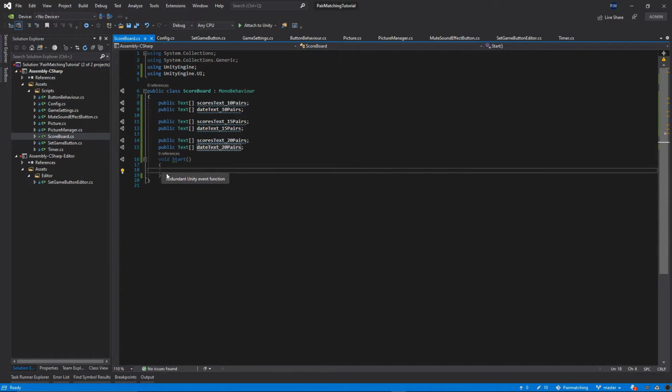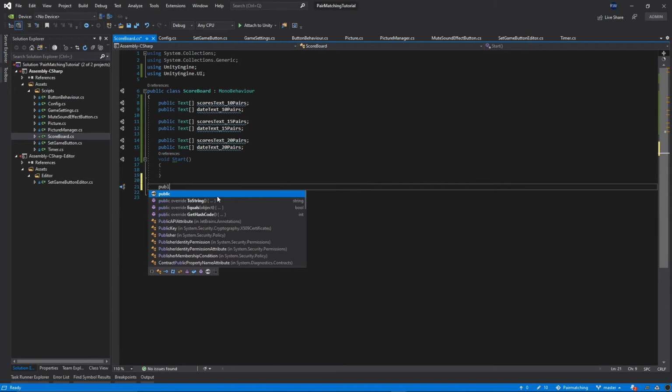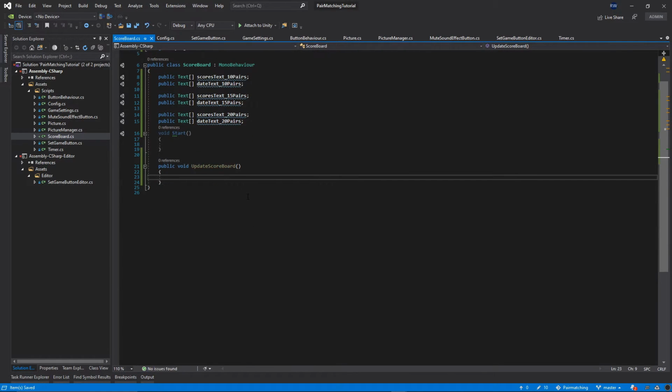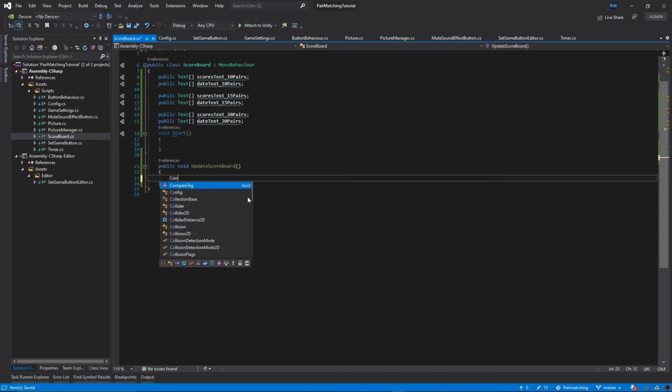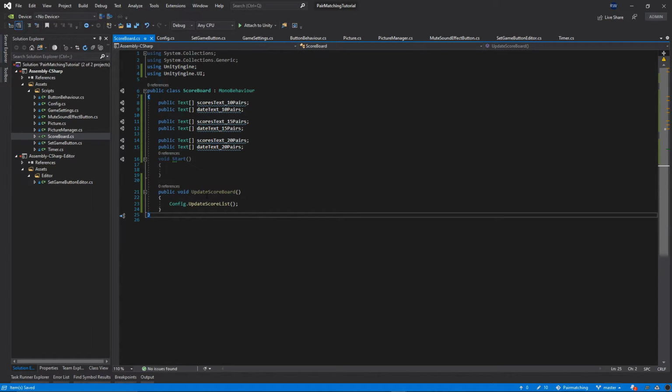So now below the start method, I will create one more function. It's going to be public void UpdateScoreboard. Okay, and inside this function we're going to call config.UpdateScoreList. And then below this function I will create one more function, and this is going to be a private function. So private void Display